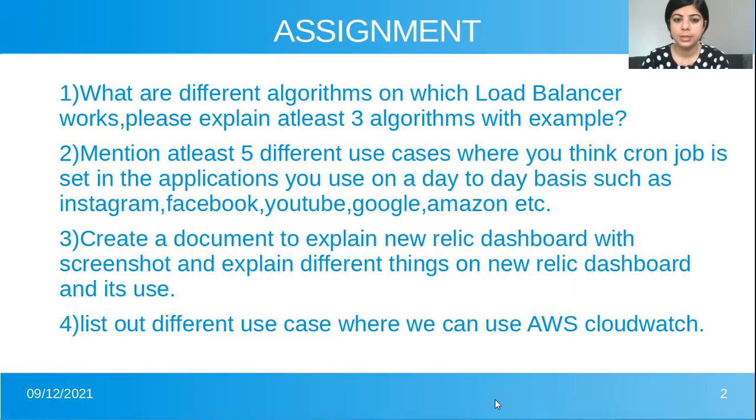So other, suppose, YouTube. We see videos on YouTube. There are many trending videos that we see. So how does it become trending? Suppose a cron job is set for the number of views coming on a particular video. So for 24 hours, or suppose for 1 week, the cron job monitors how many views the particular video is getting. If a particular video is getting many views, it becomes trending. So cron job is set for that as well.